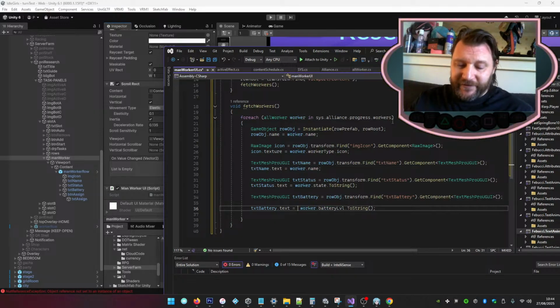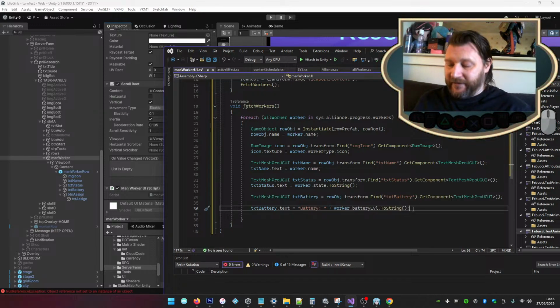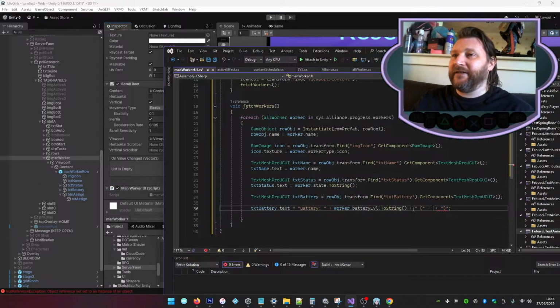We want to preface that with battery, and we want to add a bracket, and then close a bracket, and in between the brackets we want to display